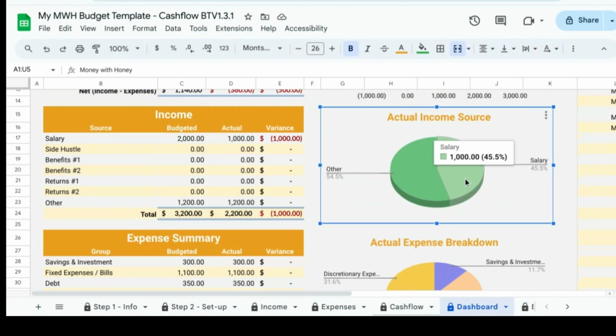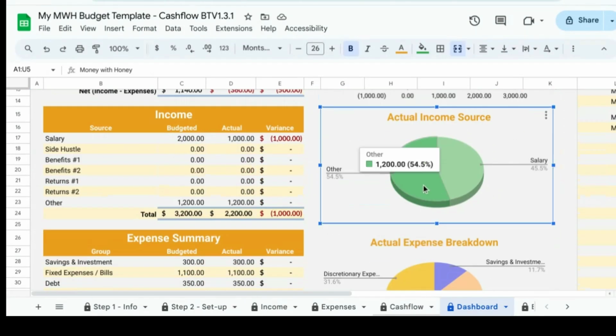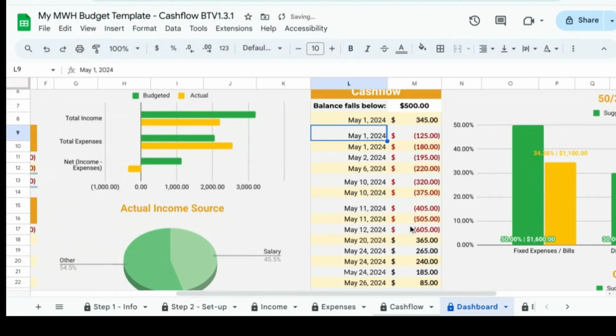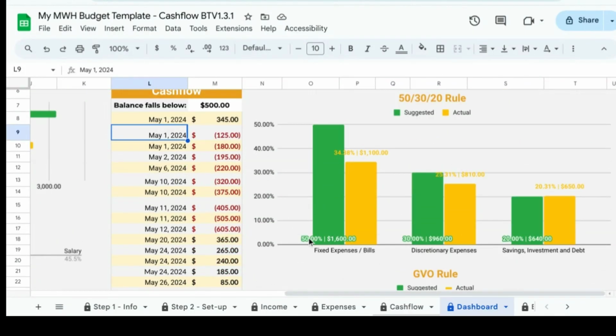The dashboard sheet here basically gives you a more graphical look at your budget. You also get a more detailed cash flow table, where you can choose when you want your balance alerted. If you want to be alerted when your balance falls below $500, you enter 500, and you will see when and by how much you fall below your target. This dashboard sheet looks at actuals versus budgeted, actuals versus industry recommendations such as the 50, 30, 20 rule, the Gale-Vaz-Oxalate rule, etc. In step